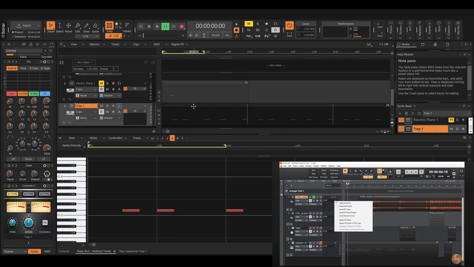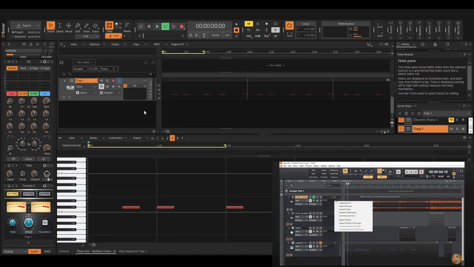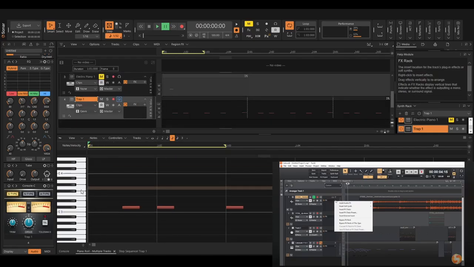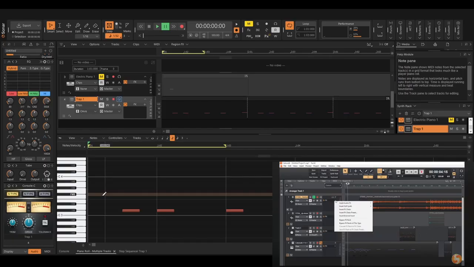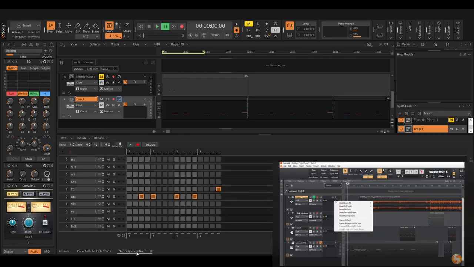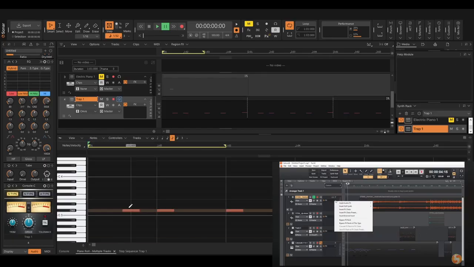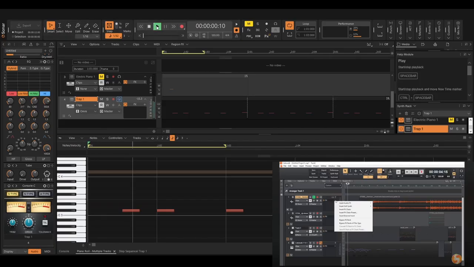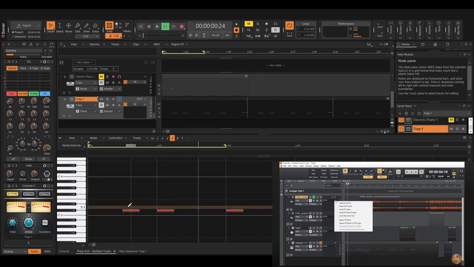Anyway. This is the trap. I'm sure this is a drum, I believe. Step sequence trap. Yeah, this is a drum. Alright, let's give it a try. That's cool. Alright. What if I change the effects of my drums to